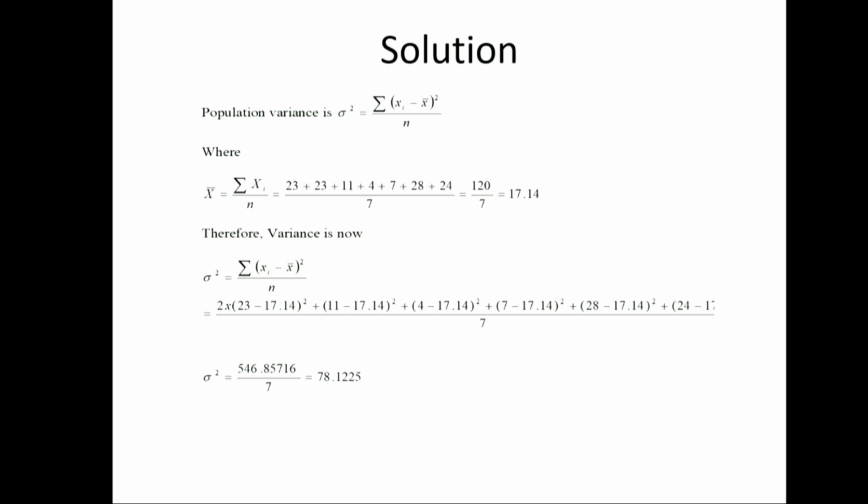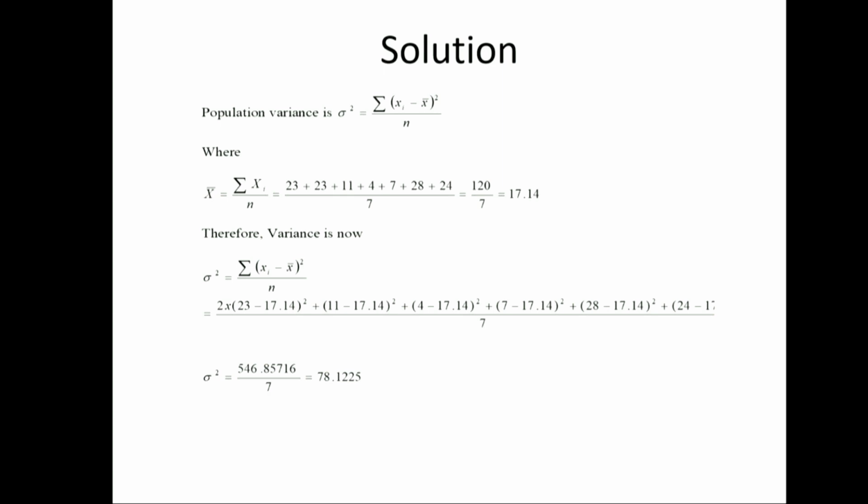By the time you simplify it further, we are going to have a total of 546.85716. Since we are talking of population variance, we have to divide that by 7, which is the total number of students involved in this particular continuous assessment. So we divide it by the whole 7, and that will give us